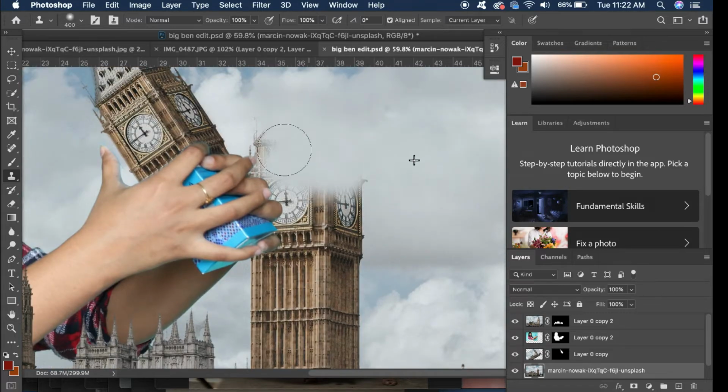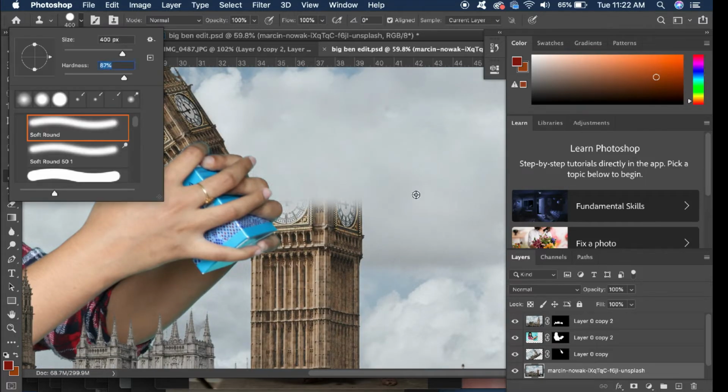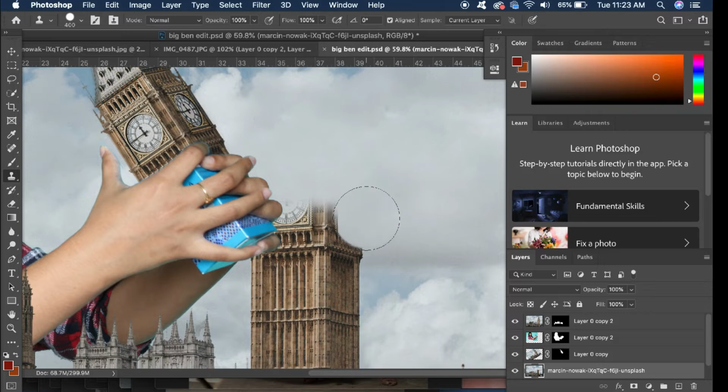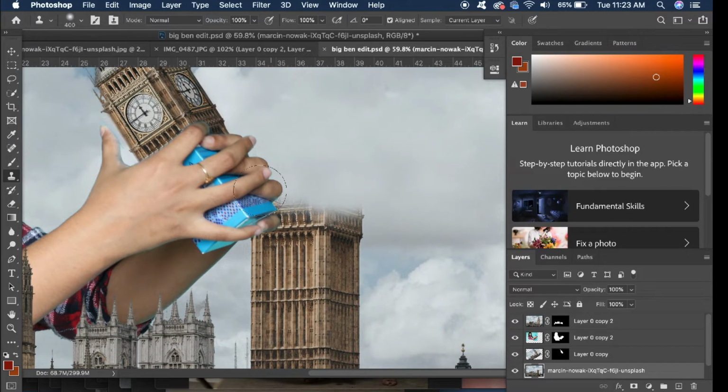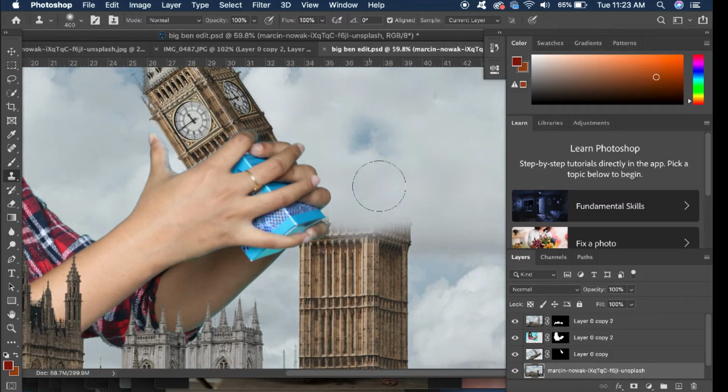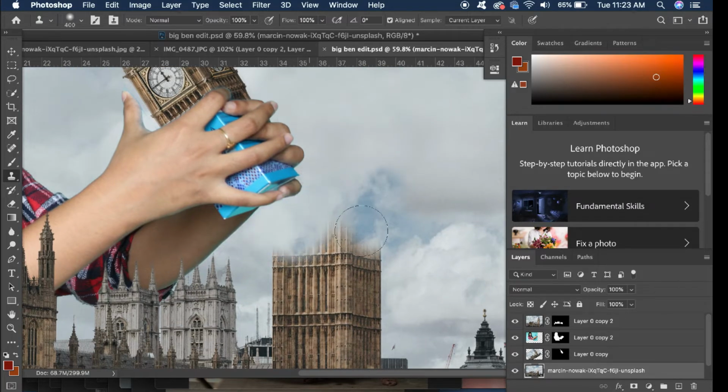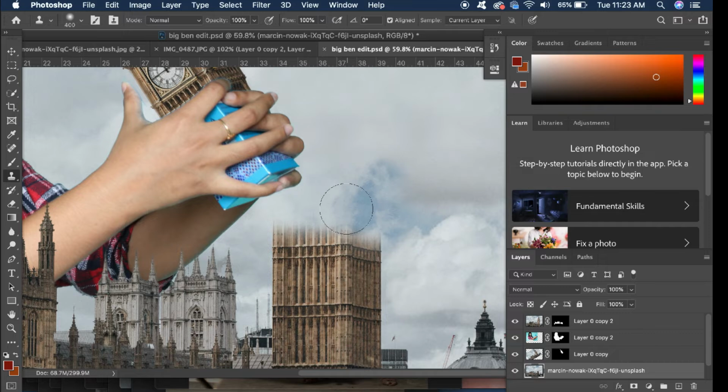So a small trick I would want to give here. जब भी आप building के पास में clone stamp use कर रहे हो, increase the hardness of the brush and later you can merge it with the zero hardness of the brush. Now if you think what's the purpose of this, actually we want the building to look like it's actually broken off, so that's why we need an edgy building.